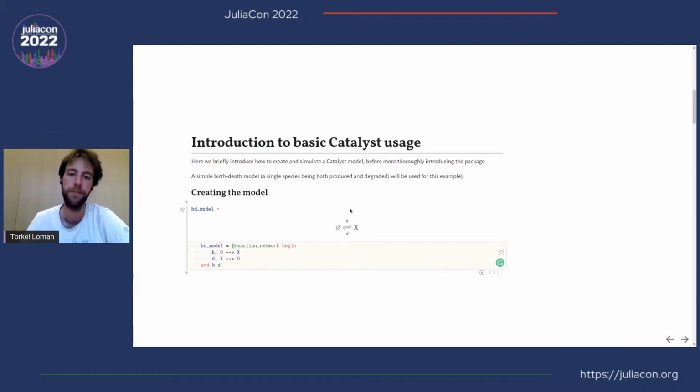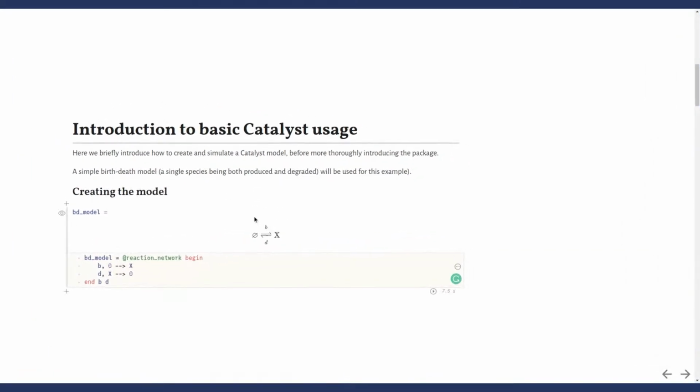Yes. Excellent. Okay. So there are really two main ways to create a model. One is to use this domain-specific language, and the second one, Sam will go through in more detail afterwards. Here I will focus on creating your model using the @reaction_network macro, and then you just list all of the reaction events you have in your system. So here I create a normal birth-death process, where you have a single species in the system, X. This could be, for example, a chemical species, but it could also be, if you model, say, population dynamics,